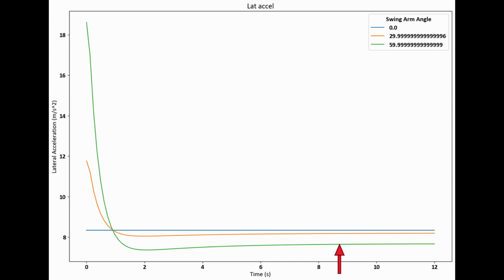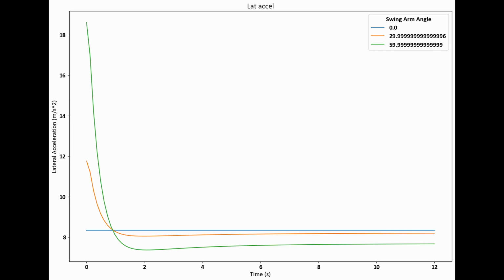Notice the scenarios where there is jacking force from a swing arm angle. The lateral acceleration is lower. That's from the CG being higher. We all know, or maybe you don't, it's okay. A higher CG will cause more weight transfer, which will in turn decrease your total